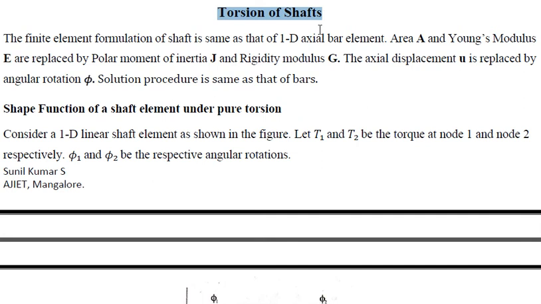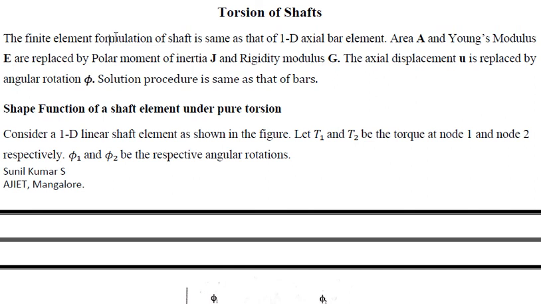There may be torsional members in a structure also which can be subjected to twisting moment. As you know, any member subjected to twisting moment is called a torsional member. There is shear force induced in the member and the applied force is considered to be the twisting moment, provided there is a constraint at any one of the ends.